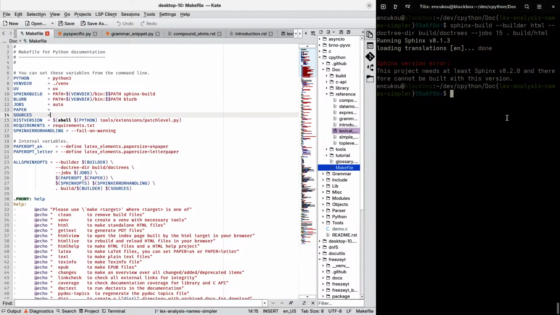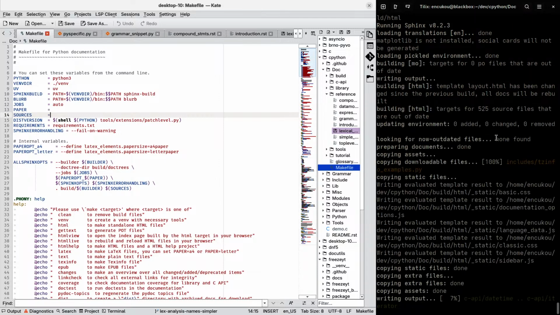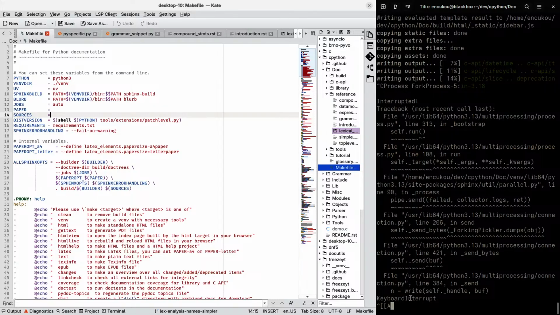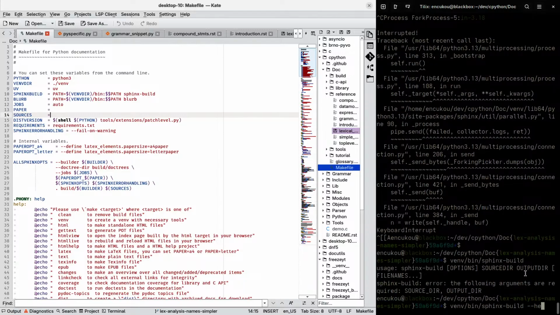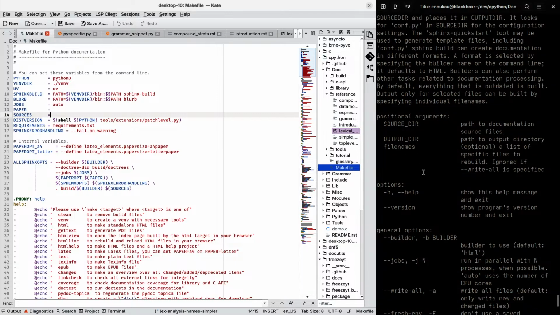And of course I need Sphinx, a new version of Sphinx which lives in bin, right? So let me copy that command. That'll build the normal Sphinx, like the normal HTML documentation. But there are more builders, and I think one of them will give you a single page HTML version.